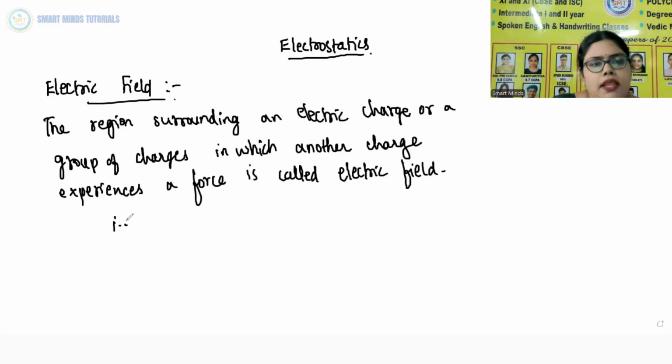That is, electric field is denoted by E bar, and E bar is F bar by Q, Newton per Coulomb